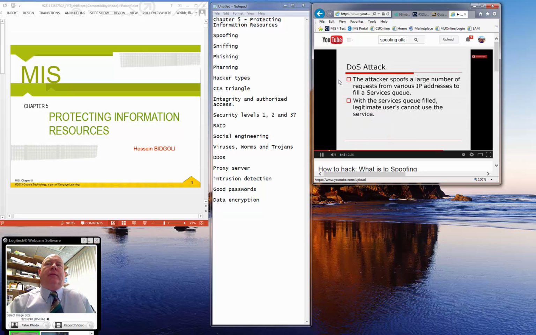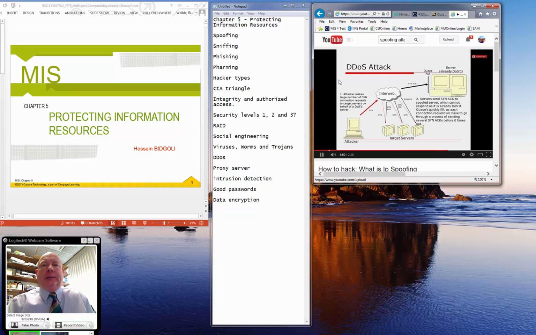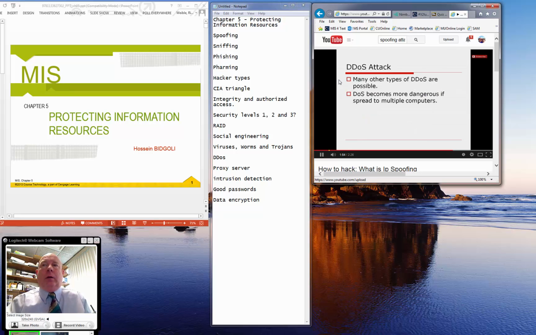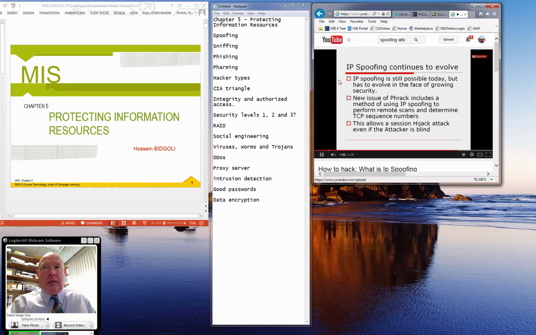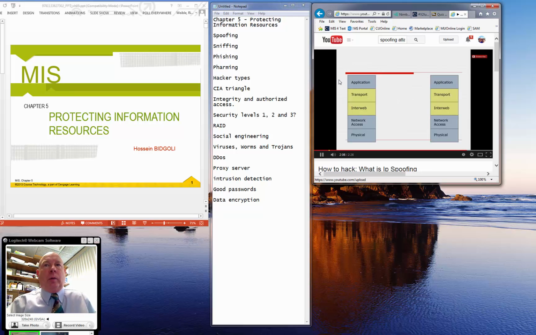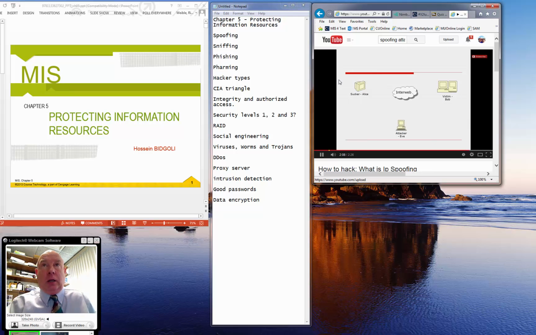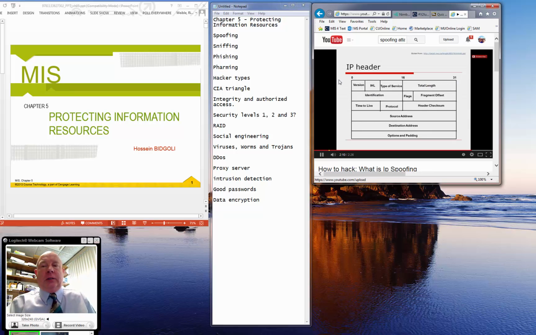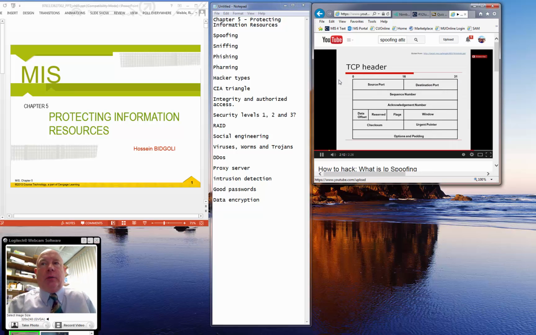Denial of service attack is like saying hello, hello, hello, hello, hello, hello. And they try to say hello back, but you're saying hello to others and you never reply to anyone. And so it overloads the server's ability